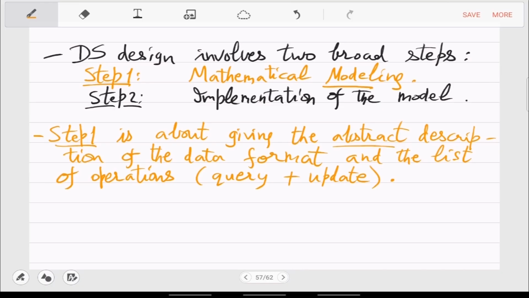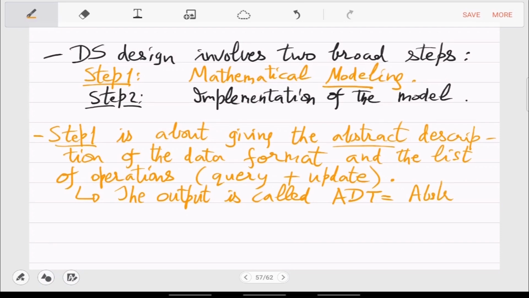So the output of this step 1 will be called ADT, which is the abstract data type.